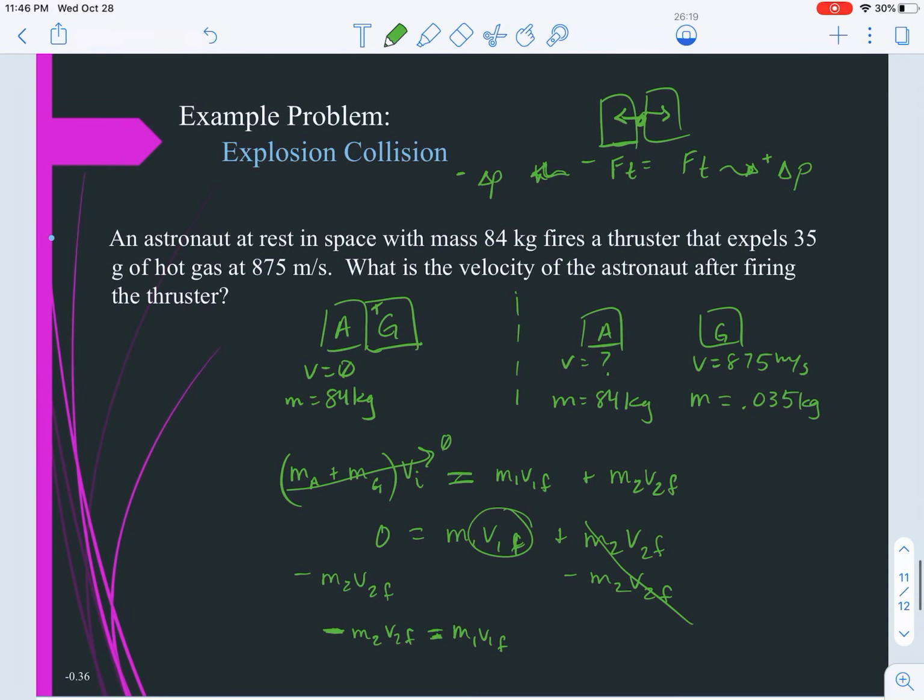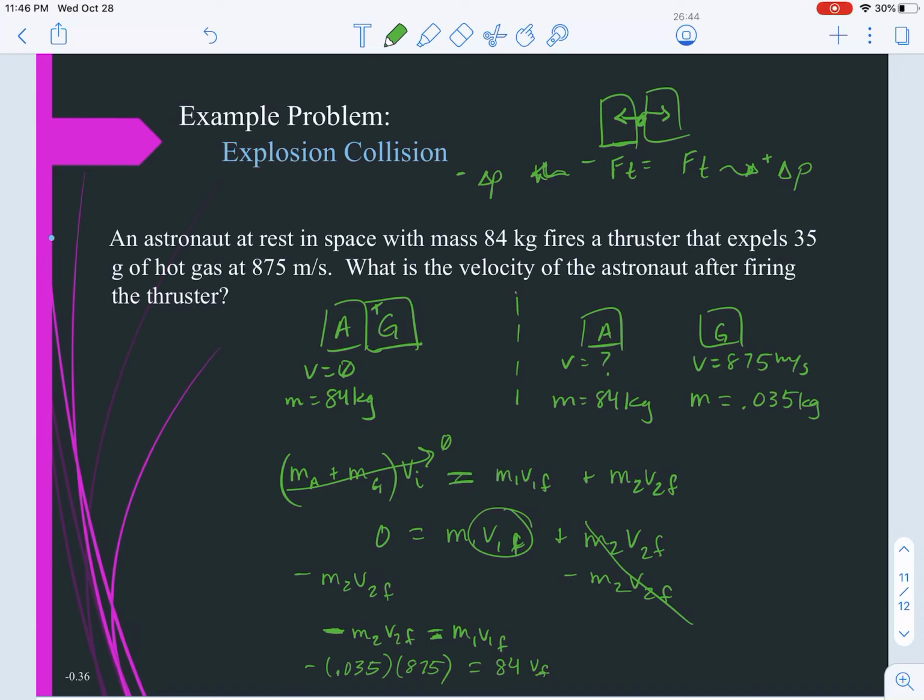Okay, so for this question, whenever we get ready to plug in our numbers, we have a negative 0.035 times 875, I'm not inserting an additional negative there,